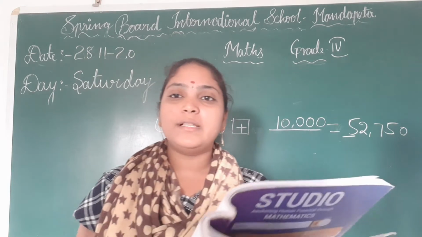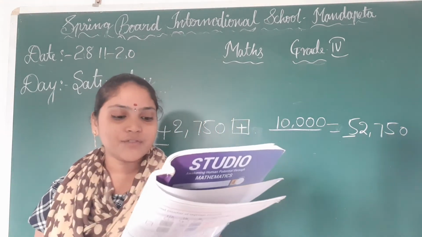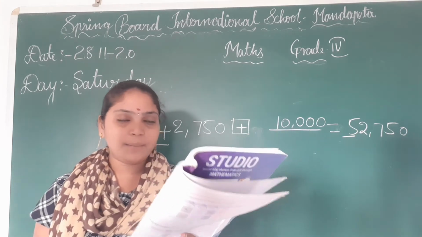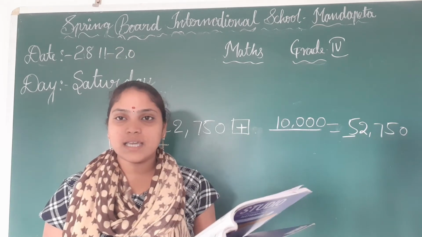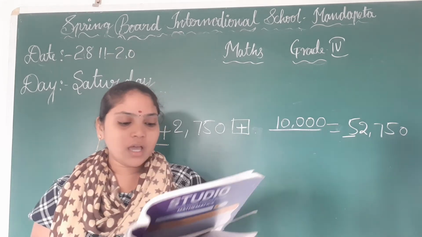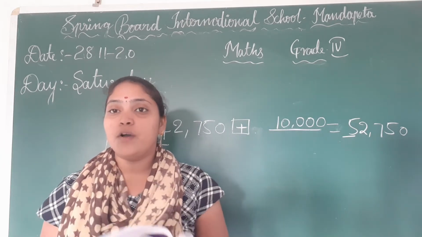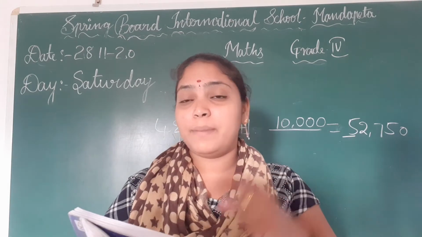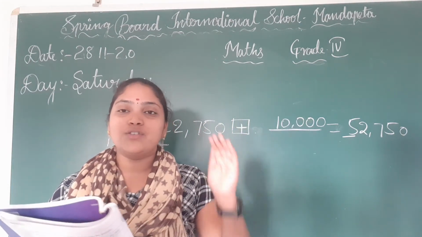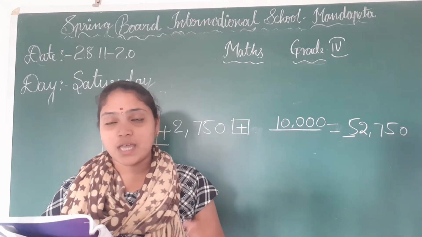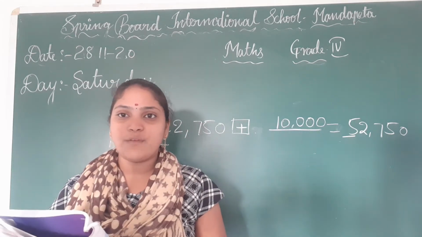Okay. Next, a group of people started a project to plant 85,000 saplings across the city. The number of saplings planted in the northern part is 34,201 and in the southern part 37,822. How many saplings were left to be planted? This type of problem I explained in question time also children. So first you have to find the total number of saplings planted.